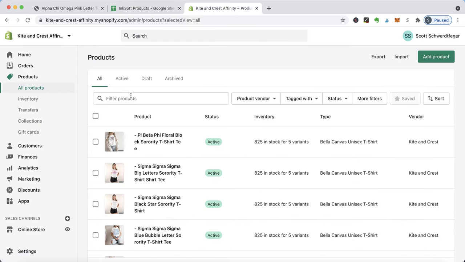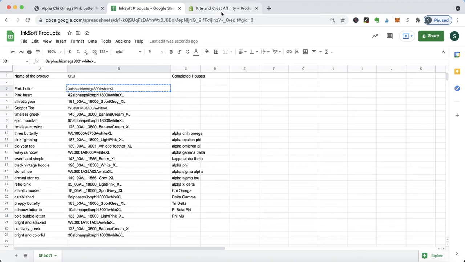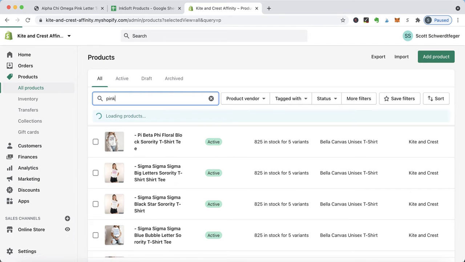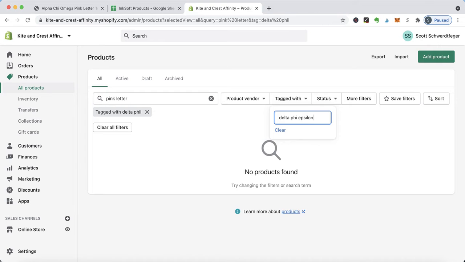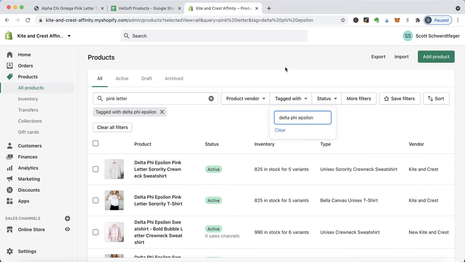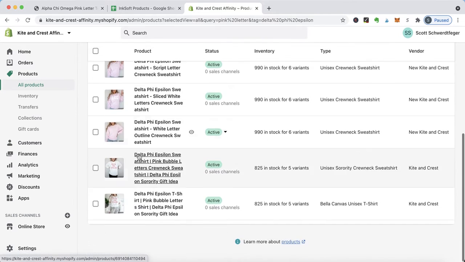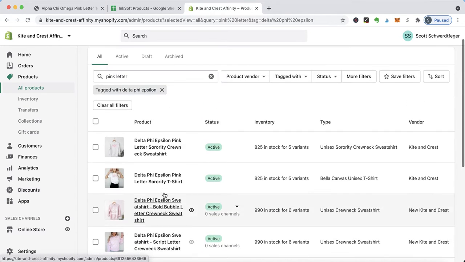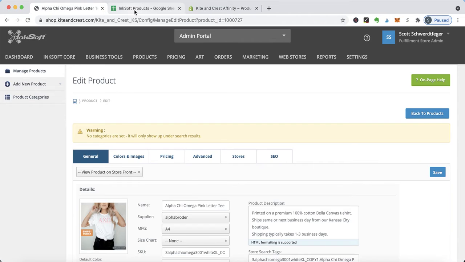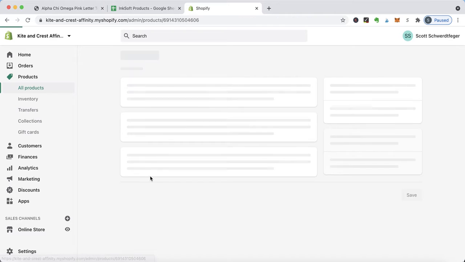So what I'm gonna do is I'm gonna go to the Affinity store, and I see that the first product we're creating is called Pink Letter. So I'm gonna come over here and type in Pink Letter. And I also recommend while you're doing this to go to tagged with and put in the house name, delta phi epsilon. That way you will see only delta phi epsilon products, and you're gonna look for the Pink Letter. And for this one, we're doing the Pink Letter t-shirt, which you'll quickly get accustomed to what they look like for the products, and I'll put in a bit more information on here to make sure we can figure it out. But what we'll do is we'll open up the delta phi epsilon t-shirt,